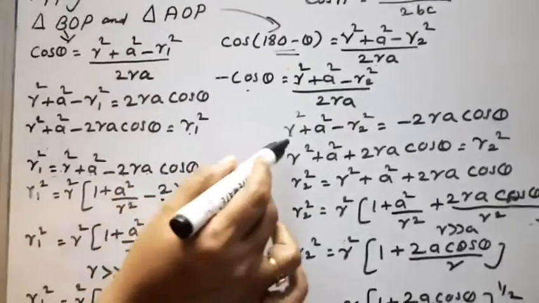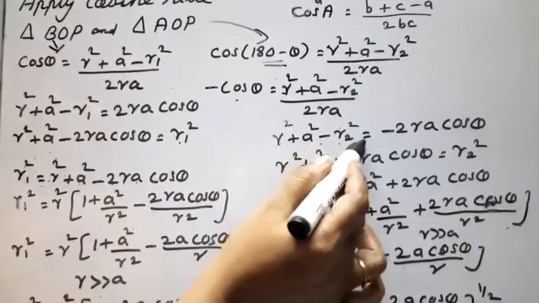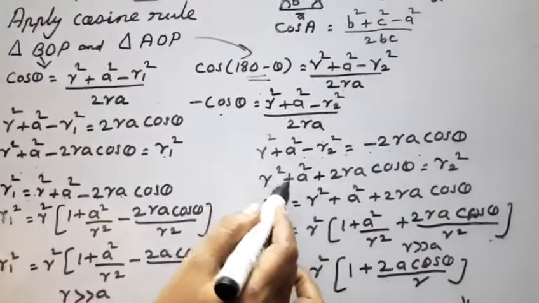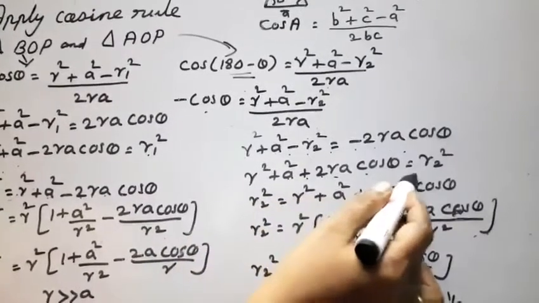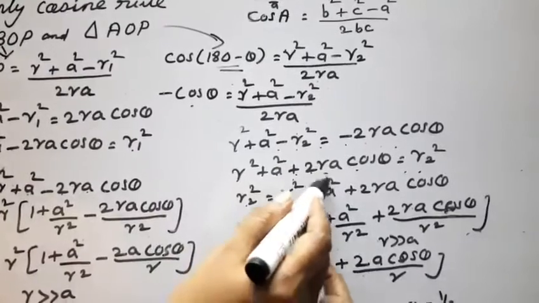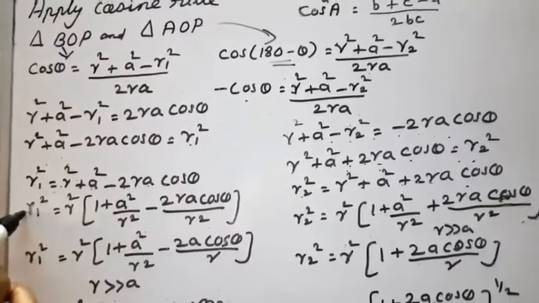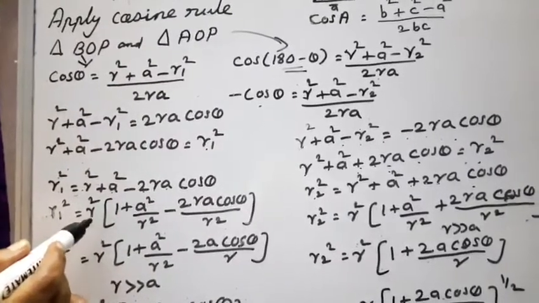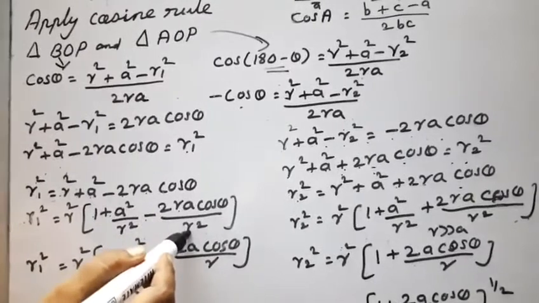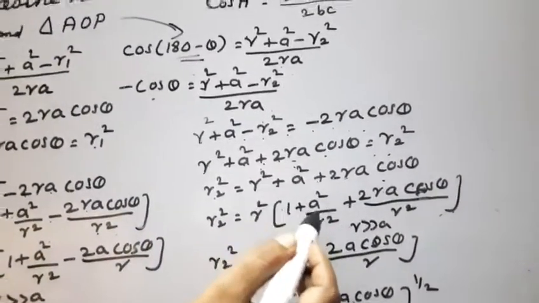Like this, on the other side, R square plus A square minus R2 square equal to minus 2RA cos theta. Then R square plus A square plus 2RA cos theta equal to R2 square. Therefore, R2 square equal to R square plus A square plus 2RA cos theta. Here, R square we can take out. Therefore, 1 plus A square by R square minus 2A cos theta by R. And here also R square value take out, meaning 1 plus A square by R square plus 2A cos